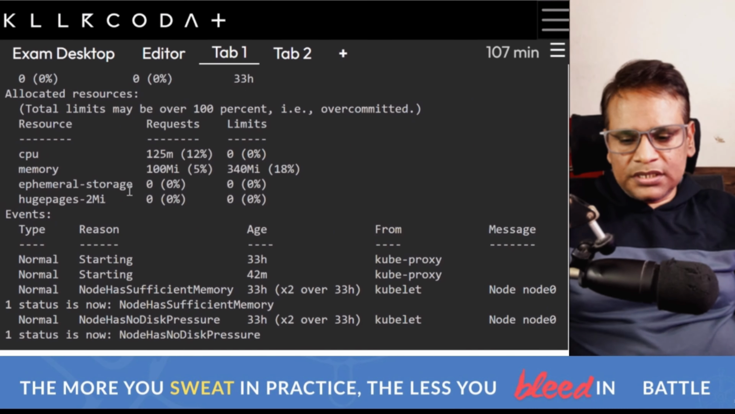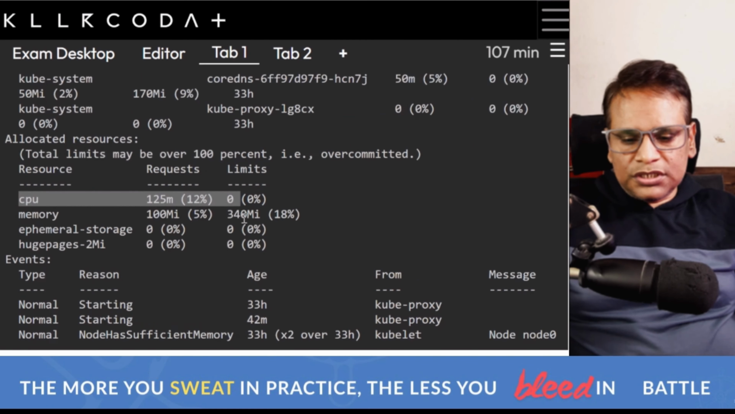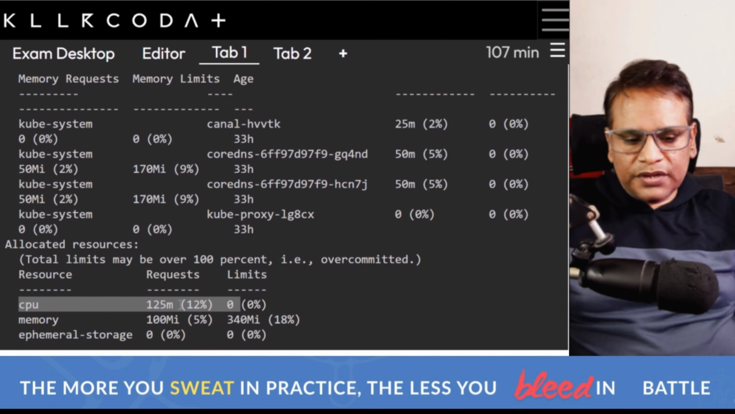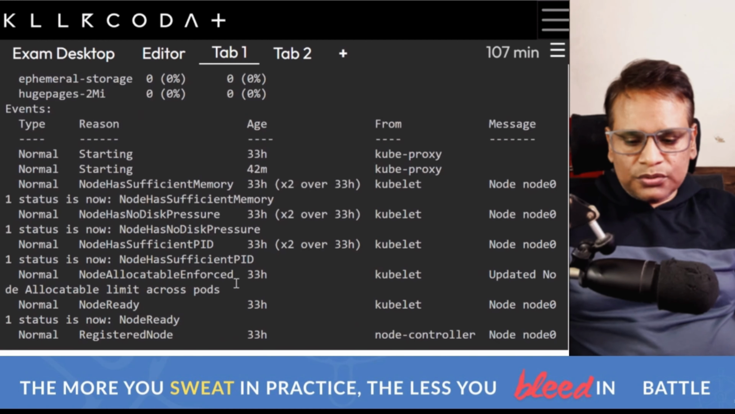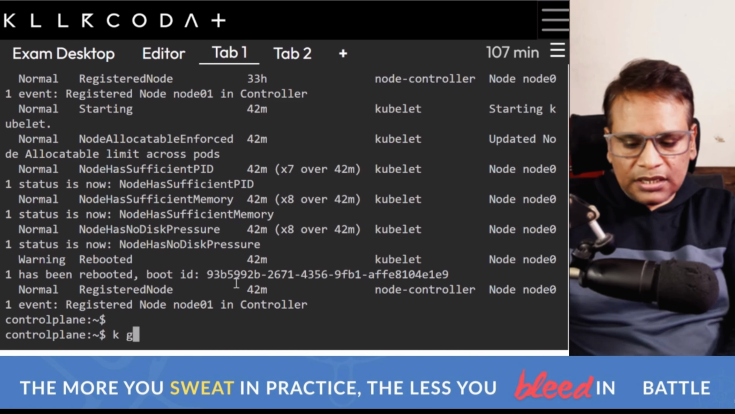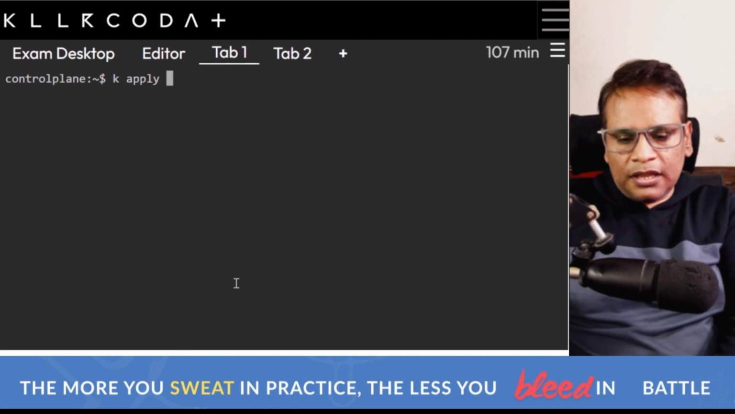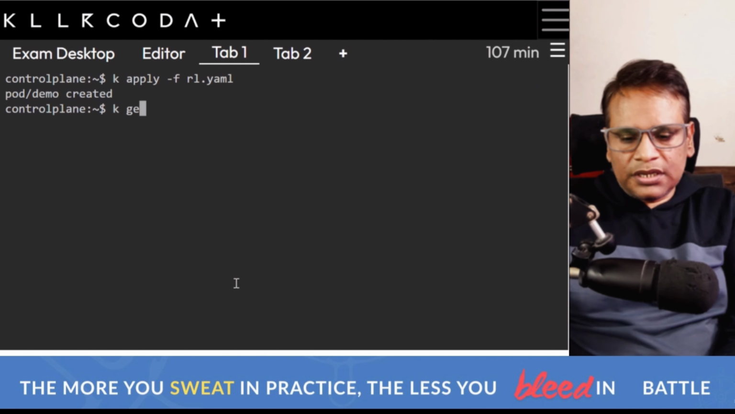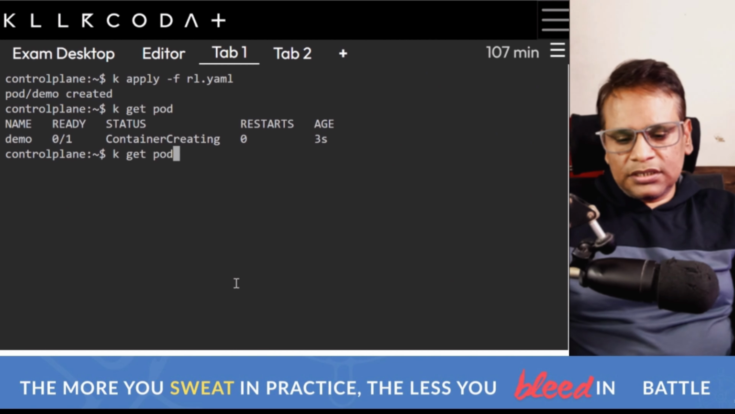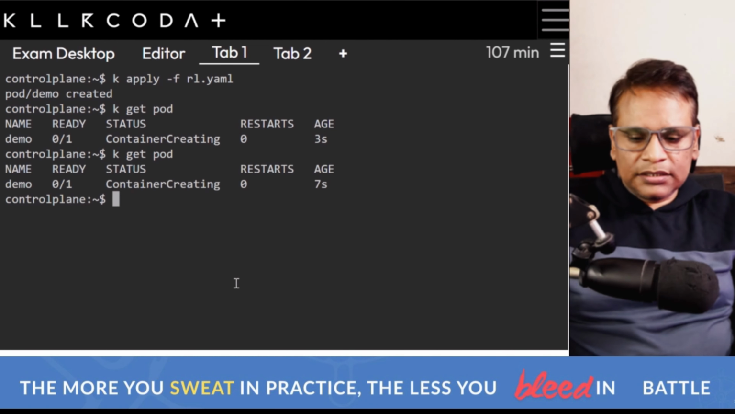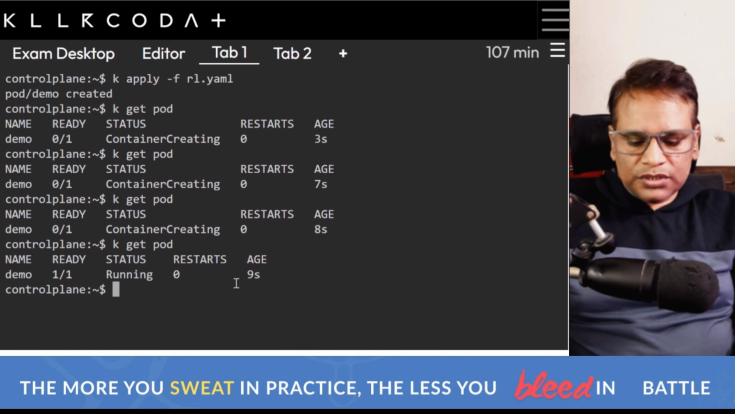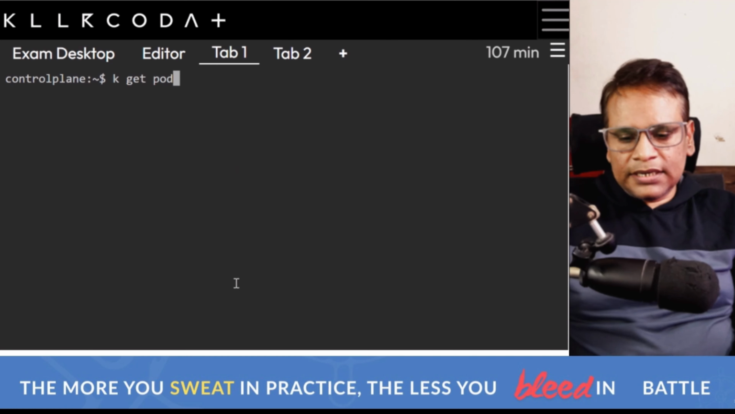Here we'll see how much CPU is utilized, so 875 can be utilized. This pod will be created: k get pod, k apply -f rl.yml. So k get pod. The pod is in container creating state and soon it will be running. Now I'll again k describe